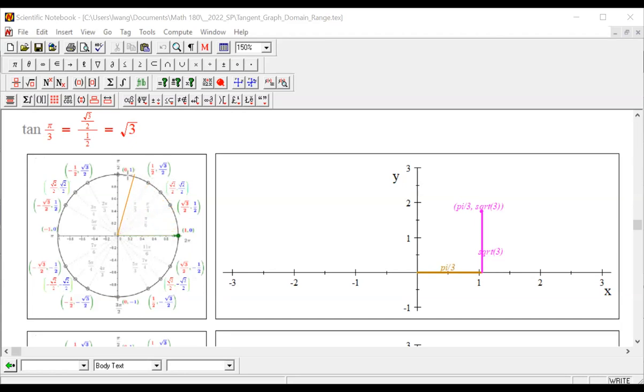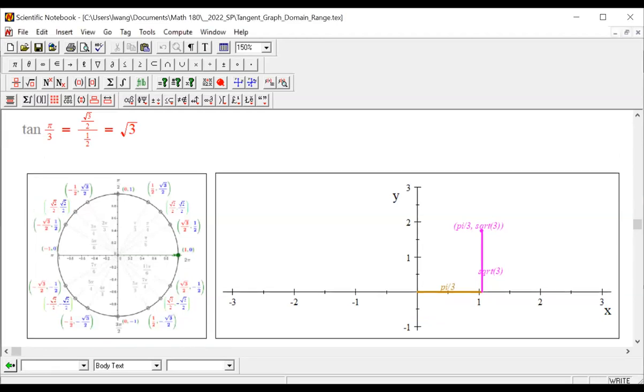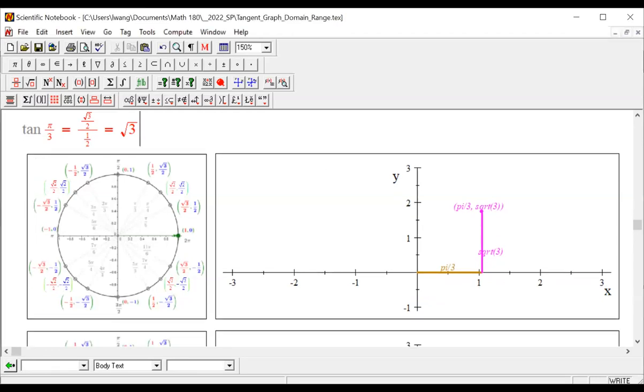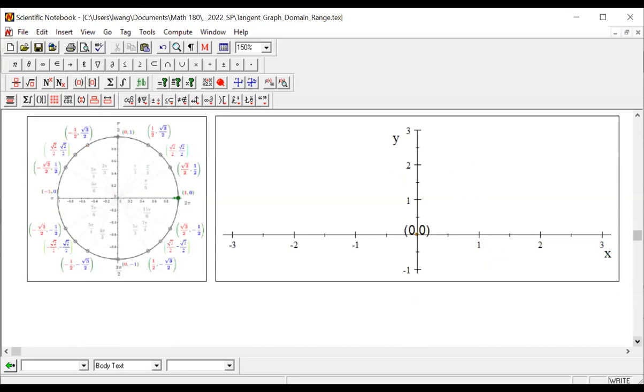If we touch pi over 2, we get a blue number 1 and red number 0. 1 divided by 0 is undefined. So this tells us something. This tells us that pi over 2,